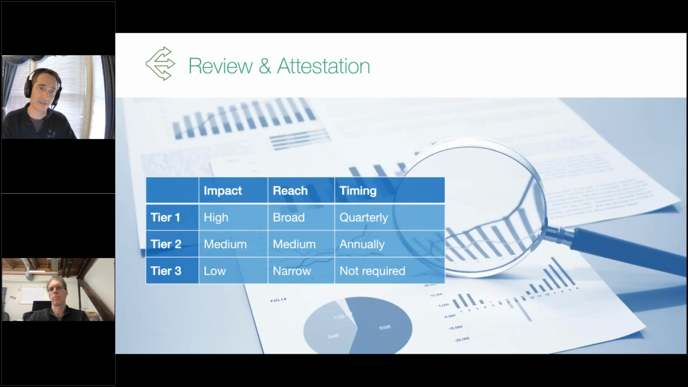And so when you think about that review and attestation process, again, just like the original certification process, it is not one size fits all. You probably want to create a tiered approach. Those things that have broad reach and high impact, maybe those need to be attested to quarterly, because you want to make sure that every single time you publish those quarterly business review reports that your senior management is using,